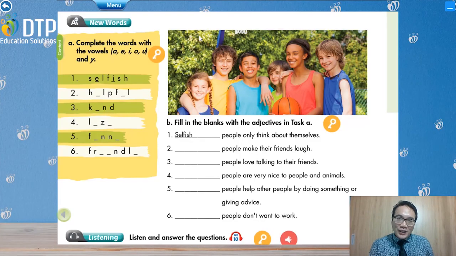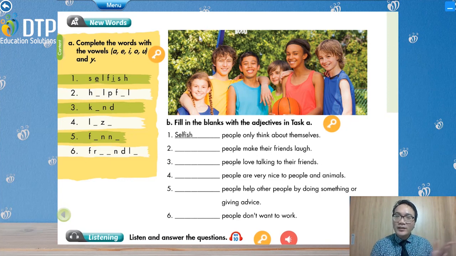Okay, so at first you will review adjectives to describe personal characteristics. Chúng ta sẽ ôn lại một số tính từ mô tả tính cách con người nhé, để mình vào bài mới cho dễ dàng hơn. Thì chúng ta hãy làm một bài tập nho nhỏ ở trang số 18 sách bài tập.